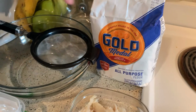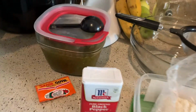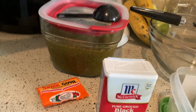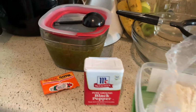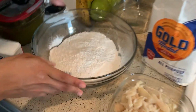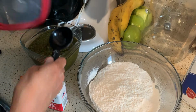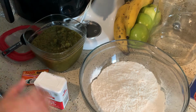Here I have the flour. I got black pepper, sazon. Some people don't do it with sofrito. I like to do it with sofrito so it can give it more flavor. Okay, so here I sifted 2 cups of flour. I'm gonna go ahead and put some black pepper